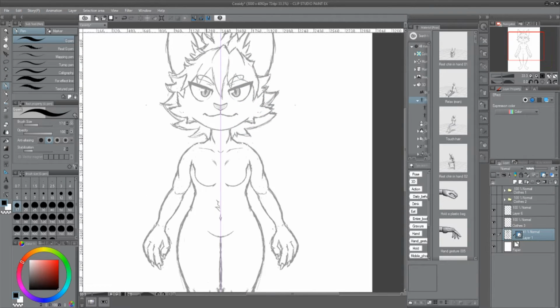I'm going to be using a symmetry ruler for this because it's just easier to make a symmetrical jacket, for example. All I have to do is put it down the middle, because that's how I did the character initially. Because you see, it's symmetrical on both sides. If I flip the canvas here, it's symmetrical. And drawing a jacket is really easy. And as you can see, I'm literally throwing this together in seconds.